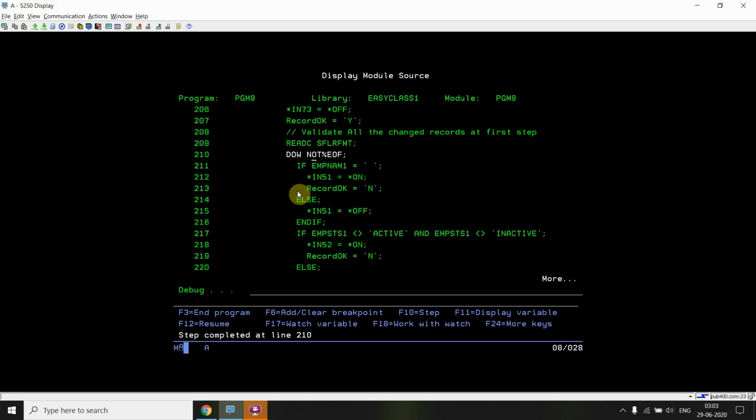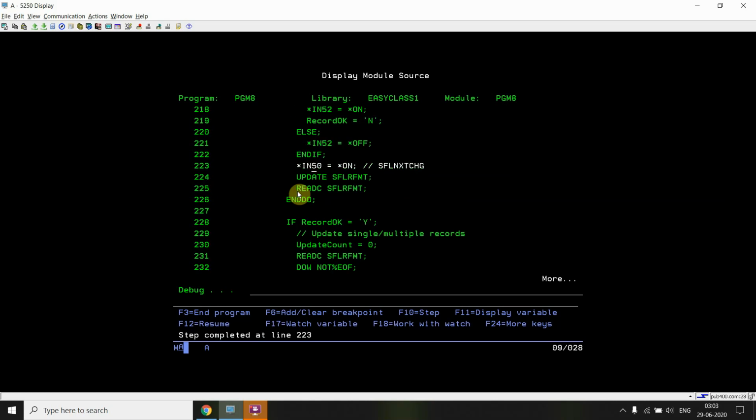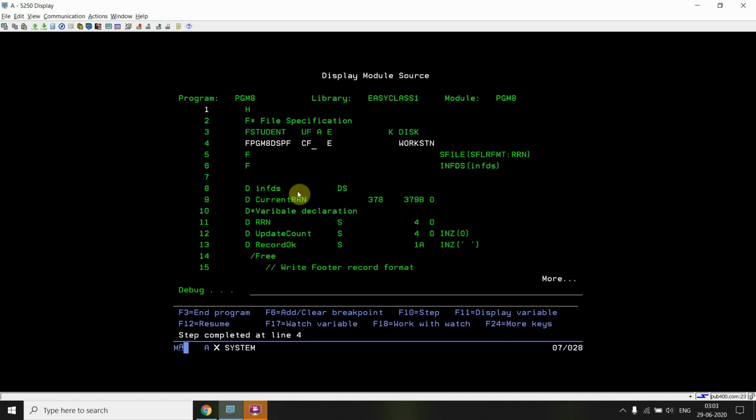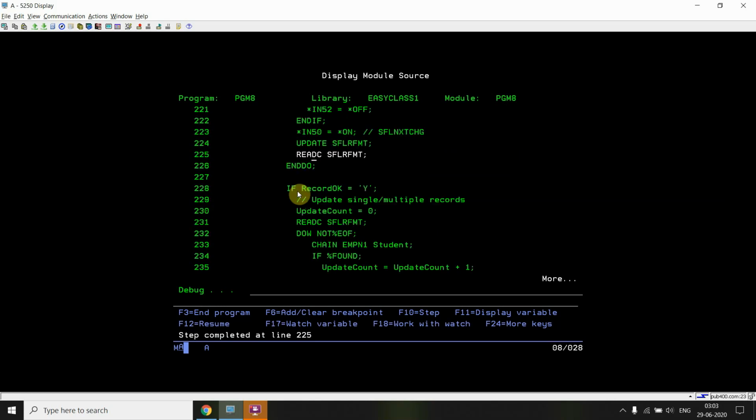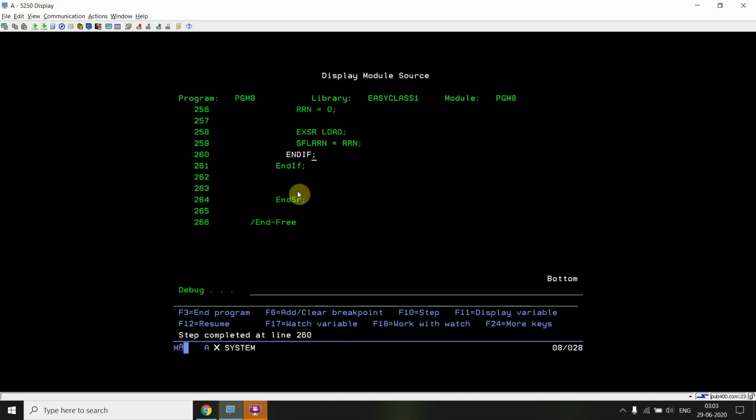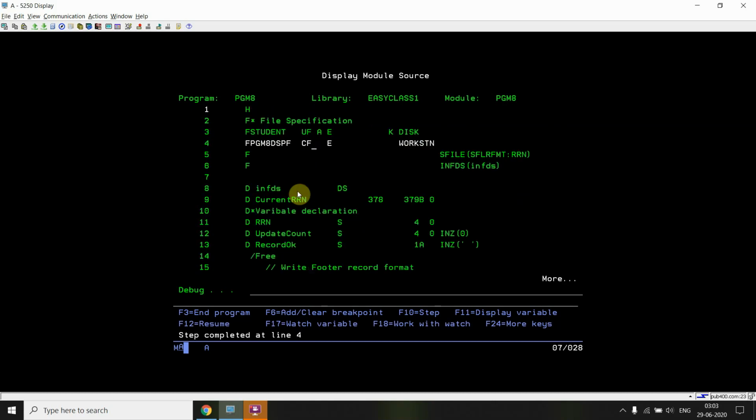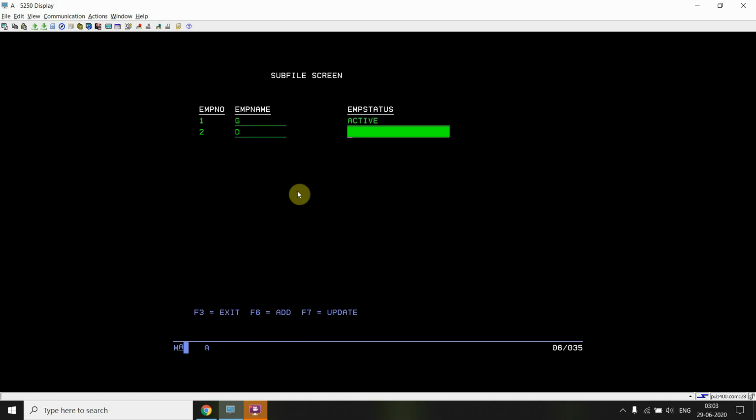For the last row, for this one, employee status is still in error. So now the second row and second field will be in error and the position cursor will be positioned to that record only, as you can see. So we have achieved what we want.